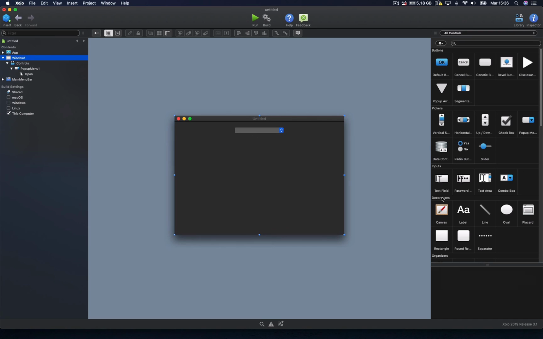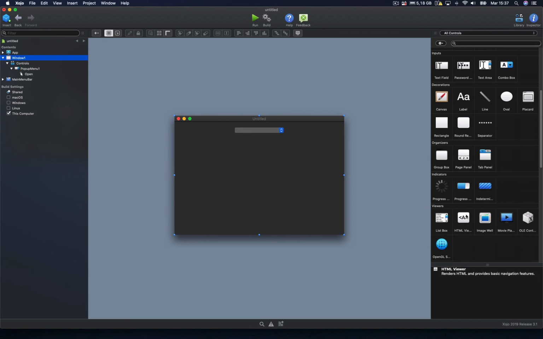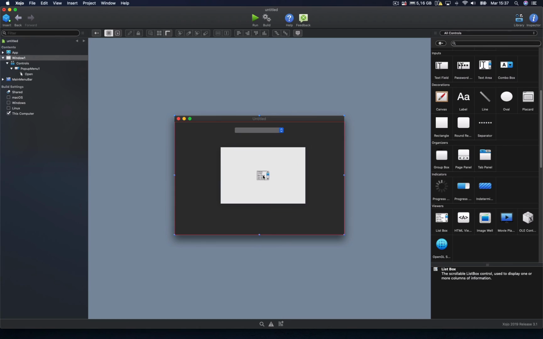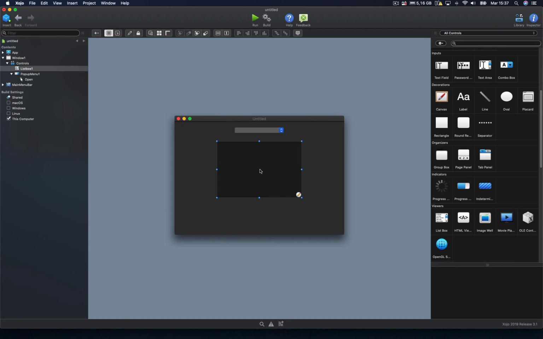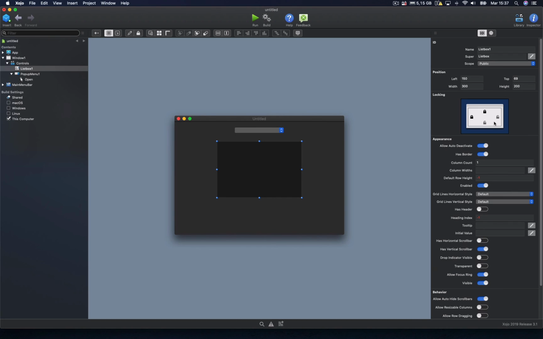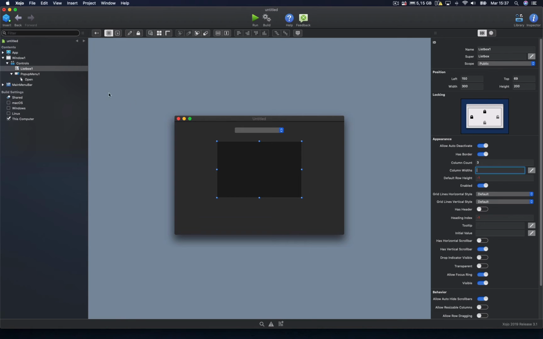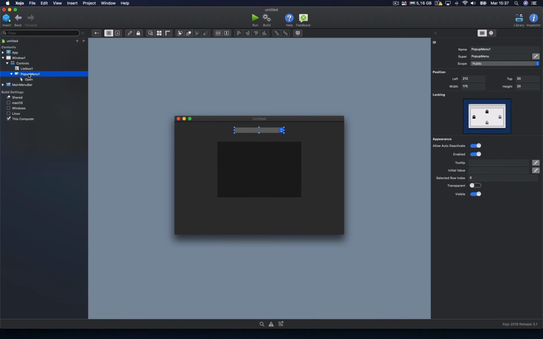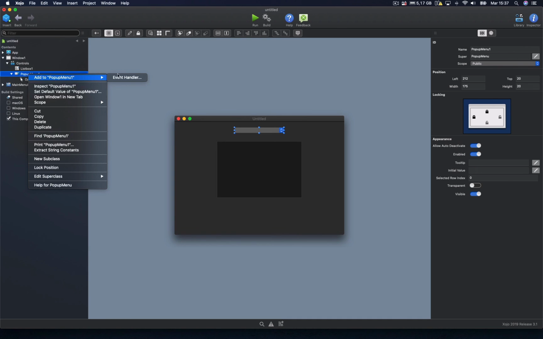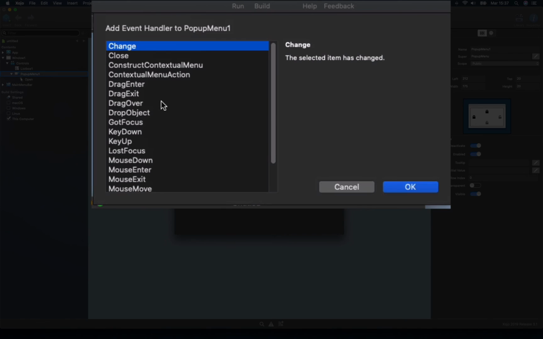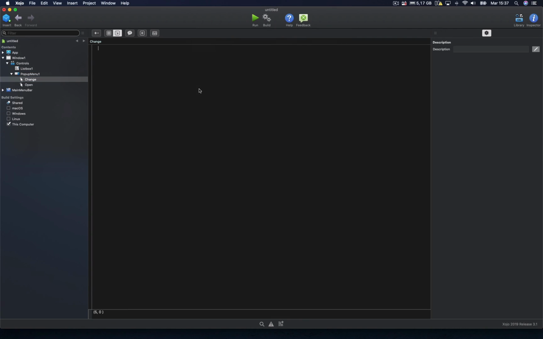Next, let's add a list box control to our user interface. And with the list box selected in the Layout Editor, let's access the Inspector panel to change the column count property, so it will be displaying a total of 3 columns. Then let's add a new event handler to the pop-up menu, Change. This will be the one in charge of executing the associated code every time the user changes the selected item